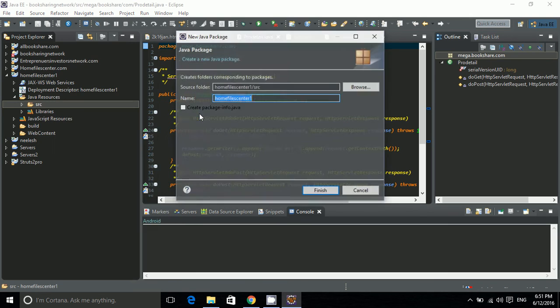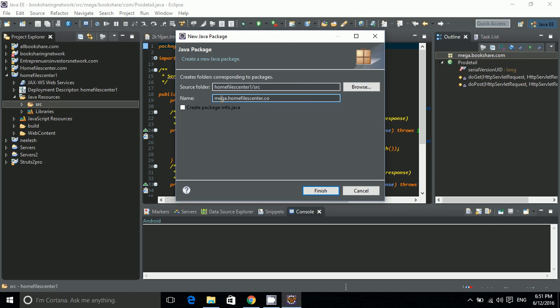So click on Package. Once you click on Package, it is a standard Java convention to make the package name three levels, like a.b.c. It is a standard convention, so you can give any name you like. I'm going to give it mega.homefilecenter.co. You can give any name you want, that depends on you. But remember one thing, that it should be three levels. Three levels means first level, second level and third level, and after these three levels your class will start.